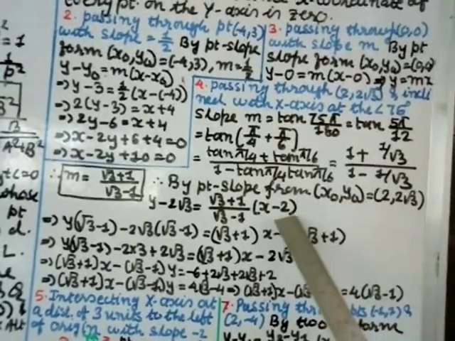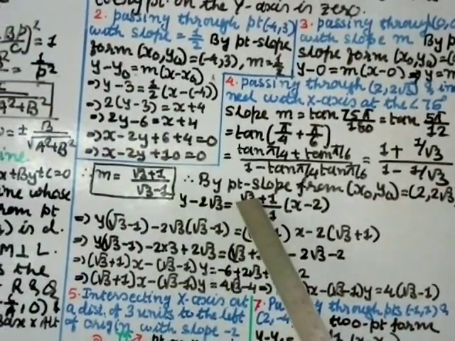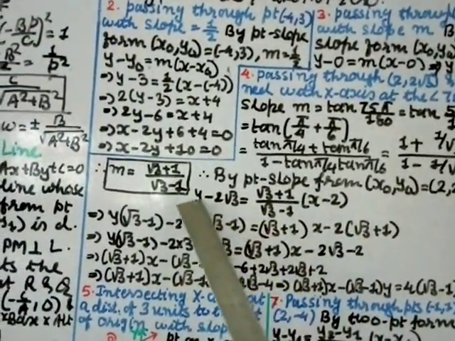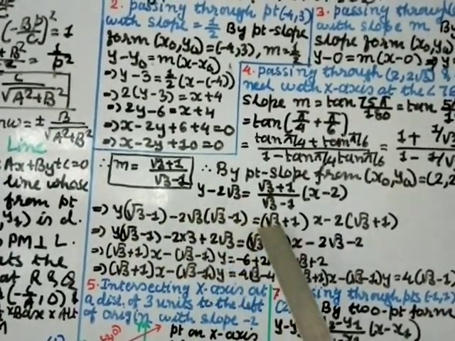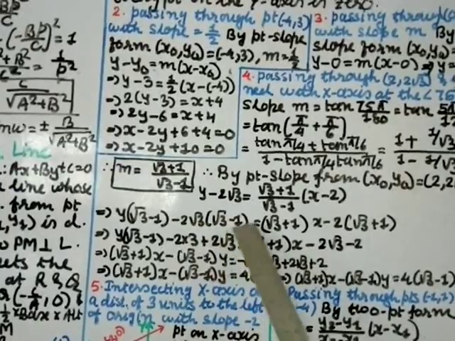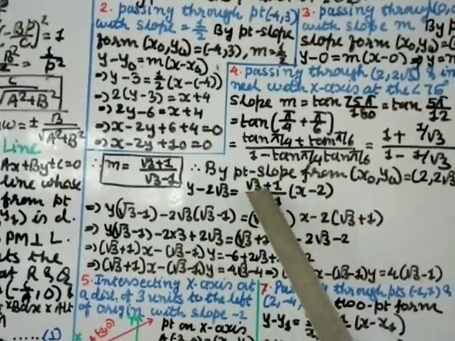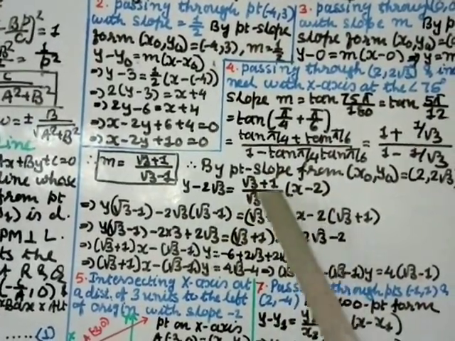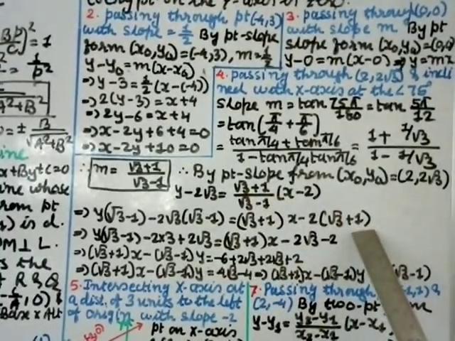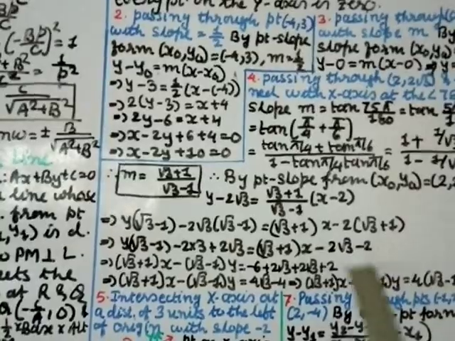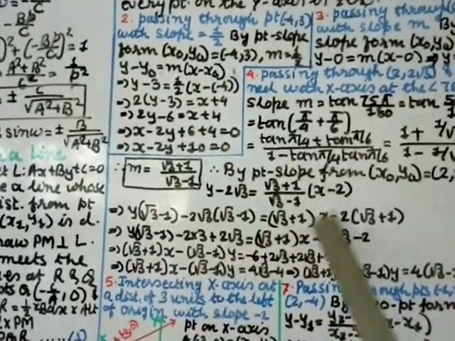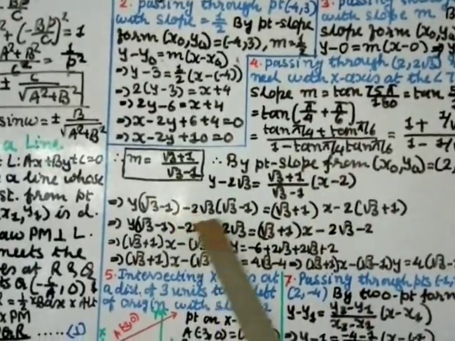So x naught is 2. This you transfer over here, and this I am multiplying inside. So I am transferring here y into root 3 minus 1, minus 2 root 3 into root 3 minus 1, equal to, this also multiply here, root 3 plus 1 into x minus 2 into root 3 plus 1. Now as I say that x you keep positive, so I'll keep this positive and this I'll transfer over here. But before that I'm just multiplying this inside.